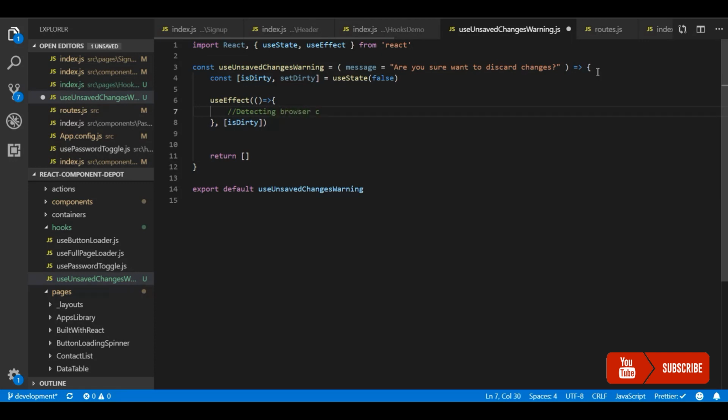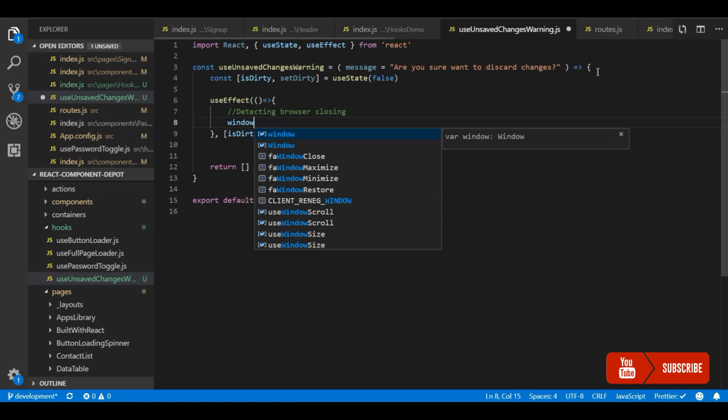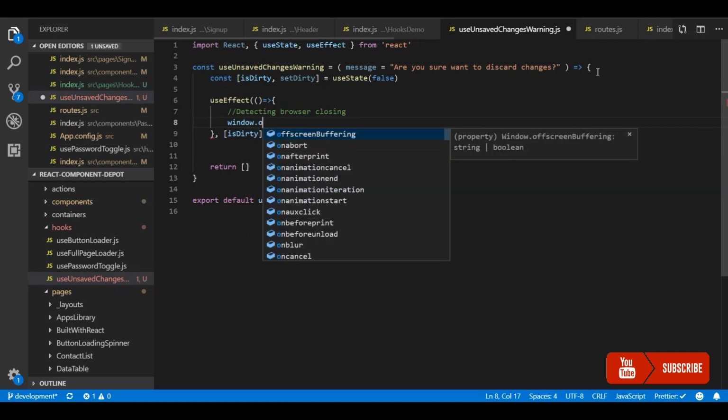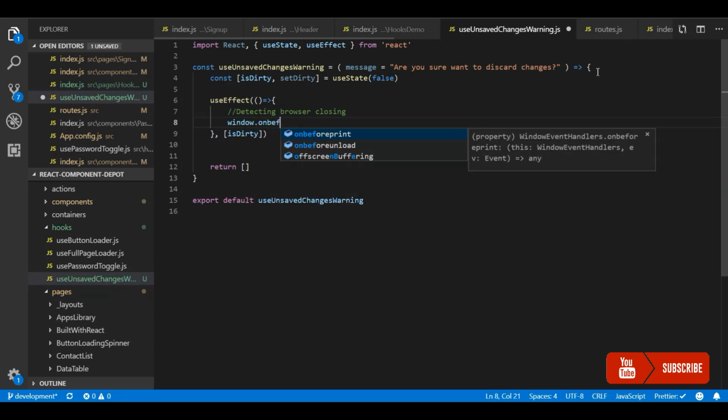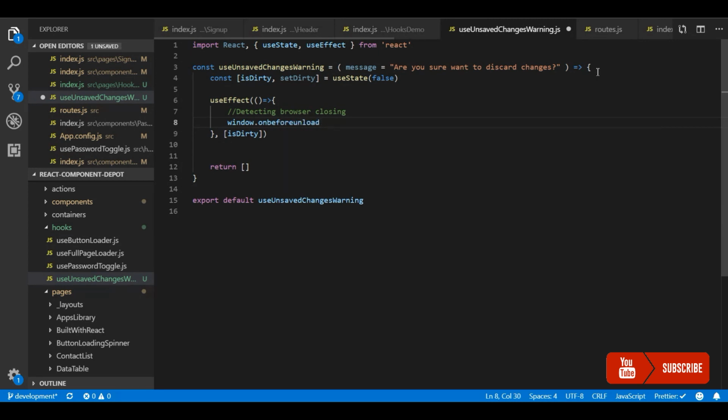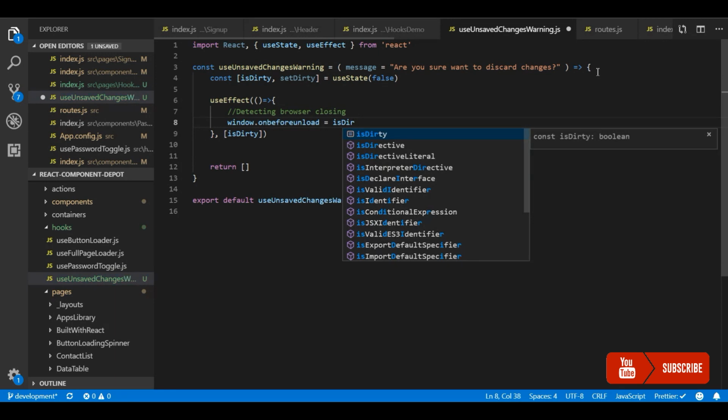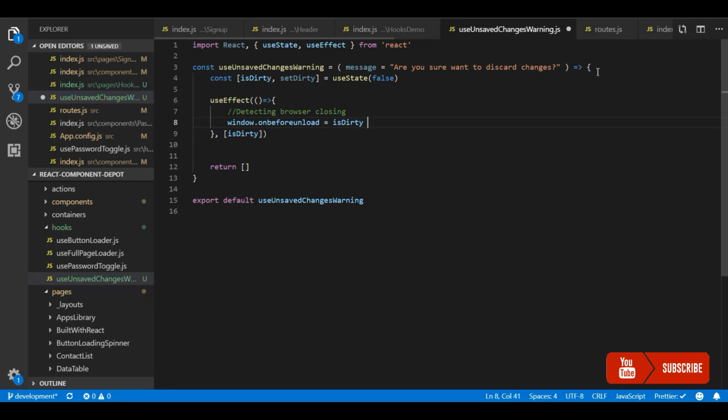So first I'm going to write the logic for closing our application. This is window.onbeforeunload. We need to return a value to actually show the warning. If nothing is returned, the alert message will not be shown. This is the functionality for showing the unsaved changes warning. So if it is dirty, I will return the message.